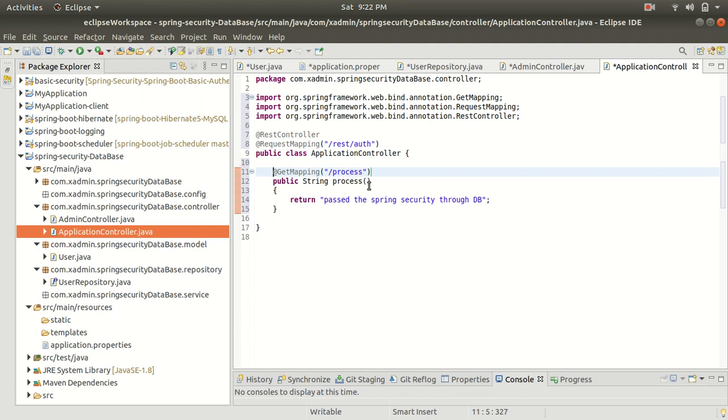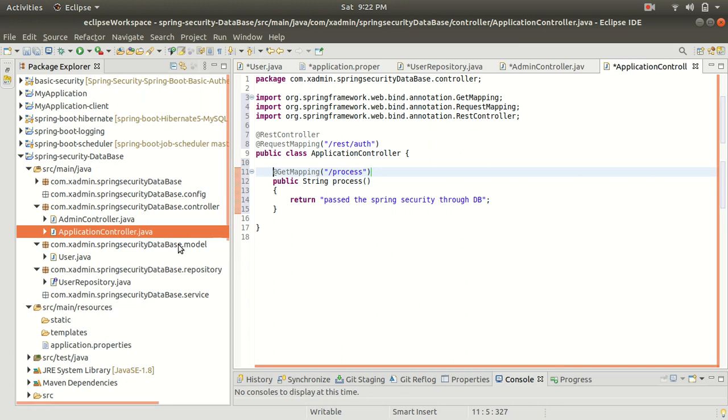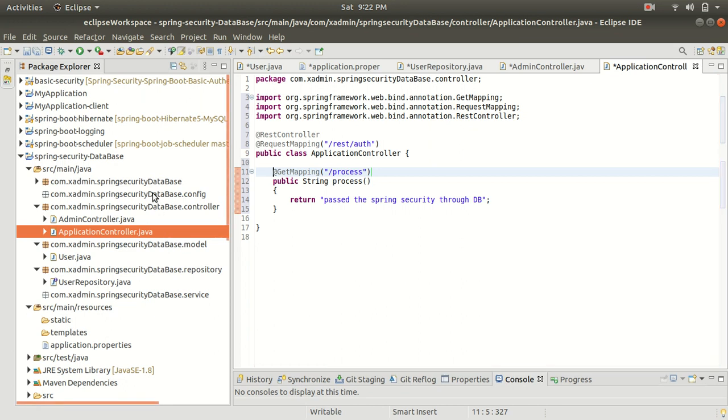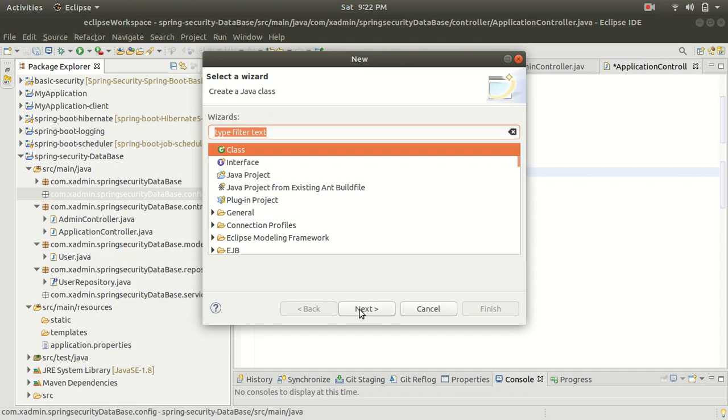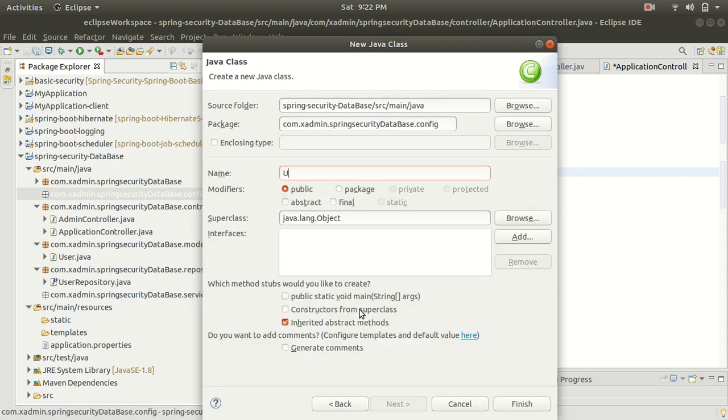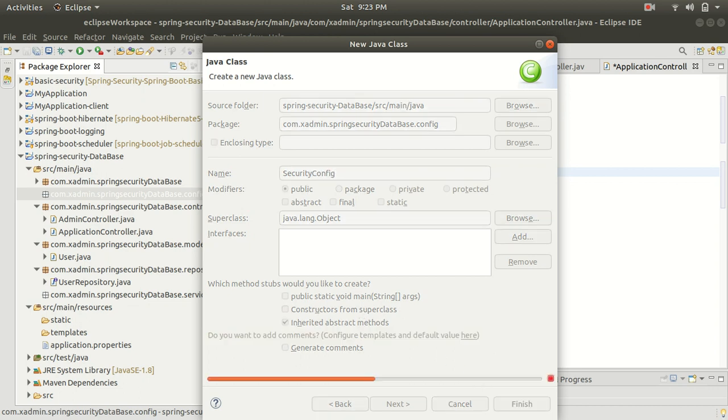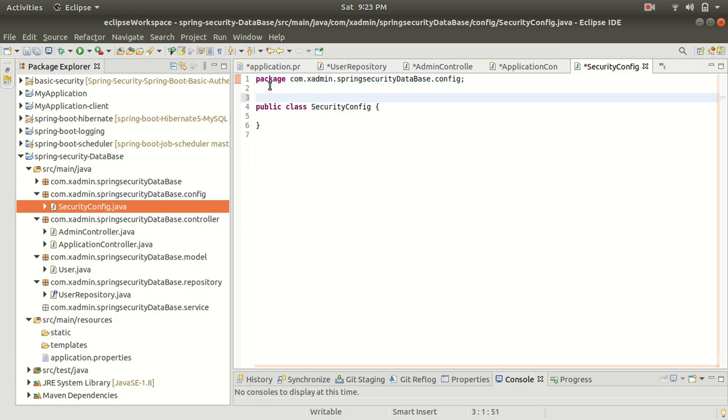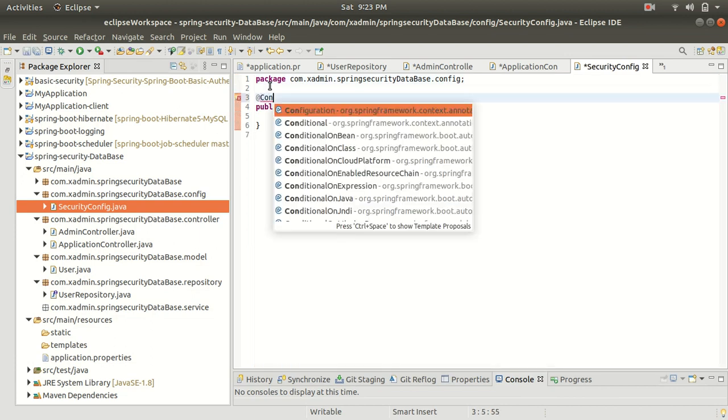So let's create our config class, a security config class. So guys, I am going to create this inside our config package. So let's add the name as SecurityConfig. Alright, finish this. So let's mark this class with @Configuration.